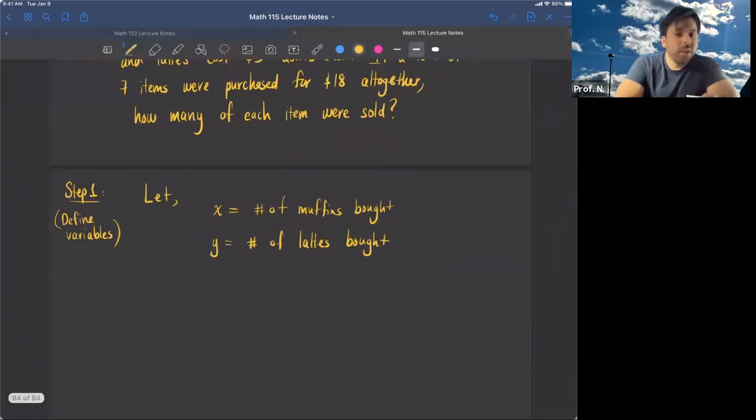Do we know what they are? No. But X, we can also say X be the happiness. But let X be the number of muffins and Y be the number of lattes. This is the power of algebra. I don't know if I make this apparent enough. This is how powerful